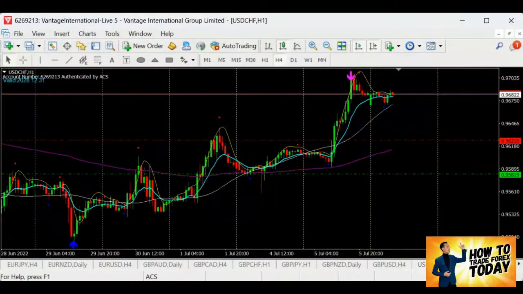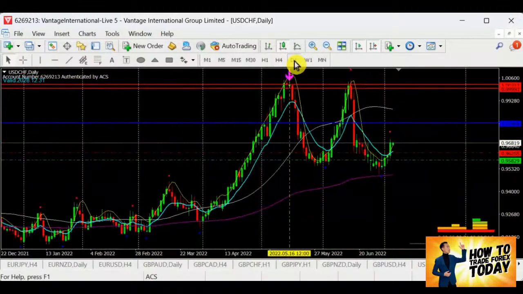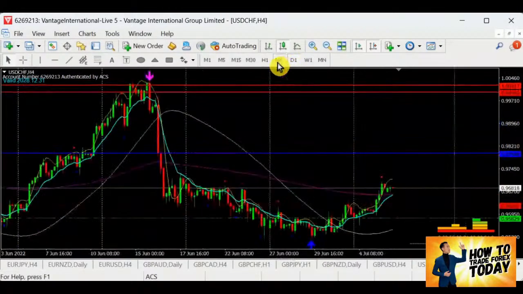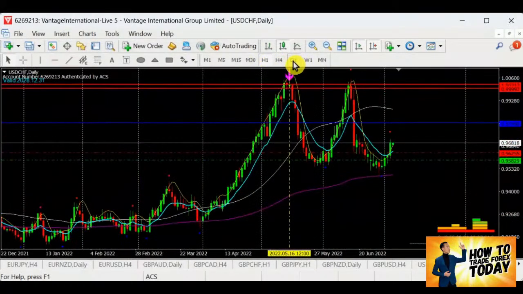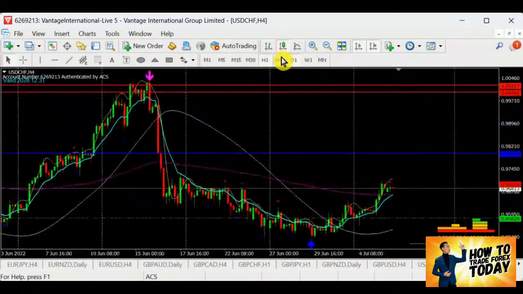Dollar franc, same thing. Tentatively, by looking at this, dollar franc is now claiming a retracement. Not a retracement anymore, it looks more like the reversal is coming soon. So let's wait for it. If it's going to break this resistance, then I guess this is going to be a very huge drop.